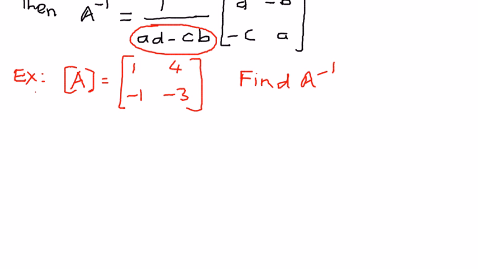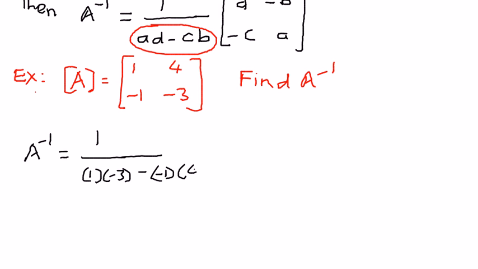And in here we said the inverse we can write as 1 divided by the product of the major diagonal, which is going to be 1 times -3, minus the product of the minor diagonal, which is going to be -1 times 4, and then we're going to multiply that by